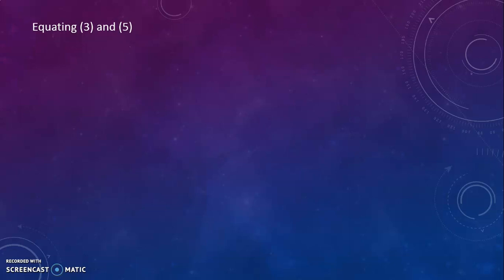By equating equation number 3 and equation number 5, both have one side the same, so we are comparing the other side. That time we are getting v square del square psi is equal to minus omega square psi. Now we just have to simplify this. So we take v square to the other side. It gives del square psi is equal to minus omega square upon v square psi.